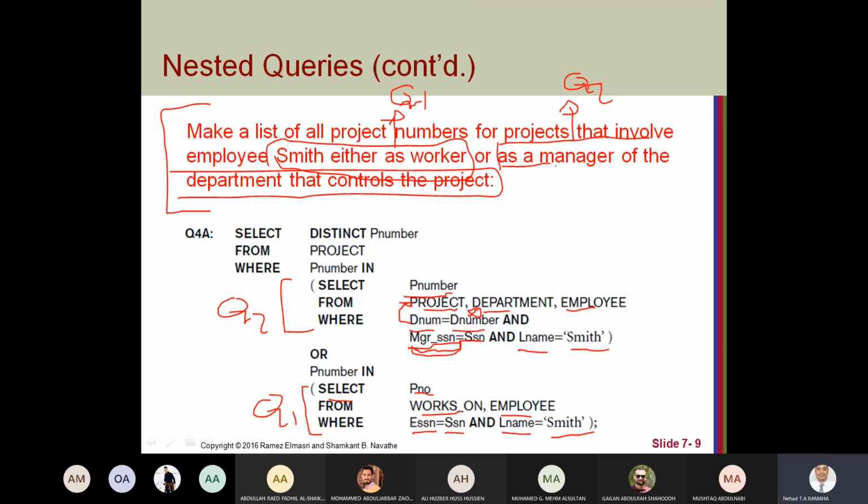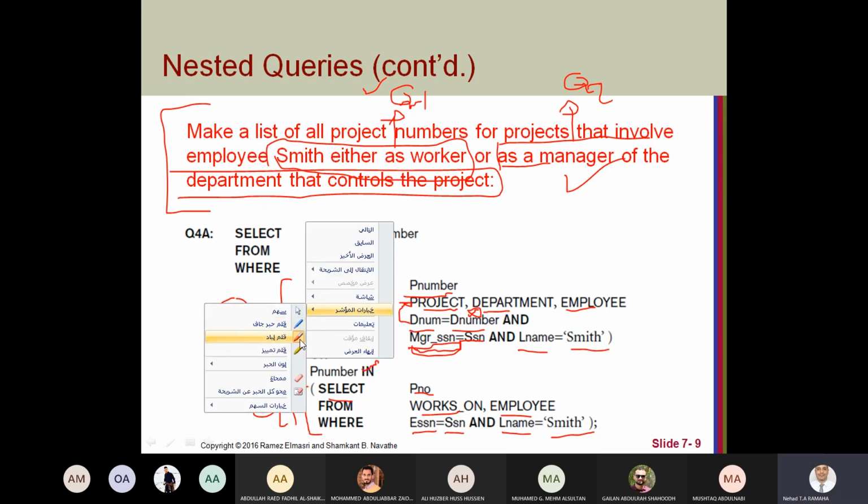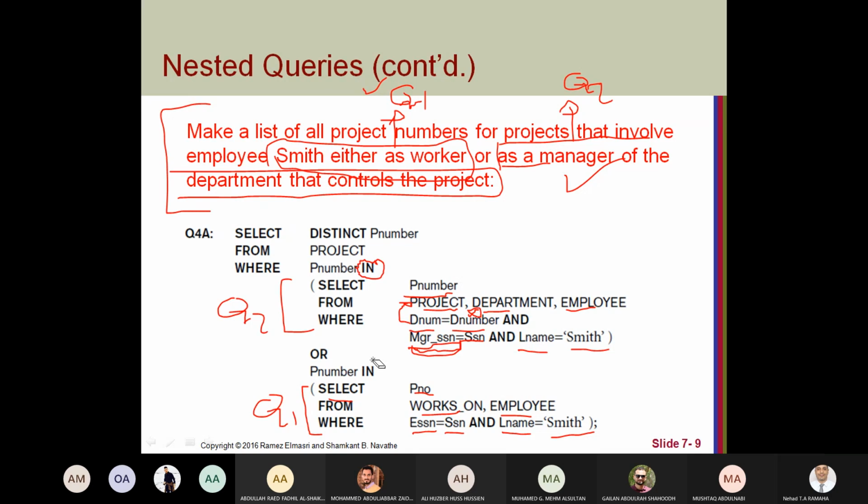So this will return the first part and the second part. Now we will use IN to find if we have a project number in this set of values.